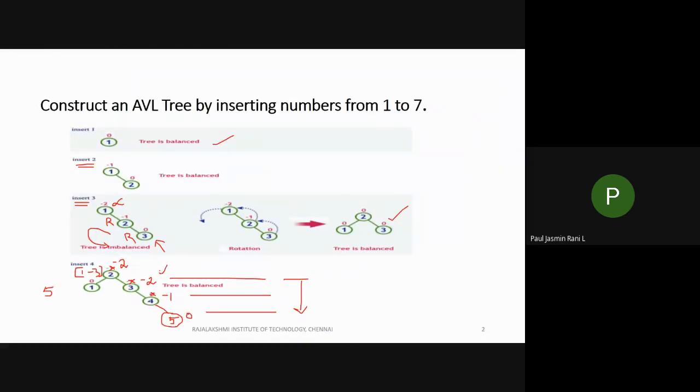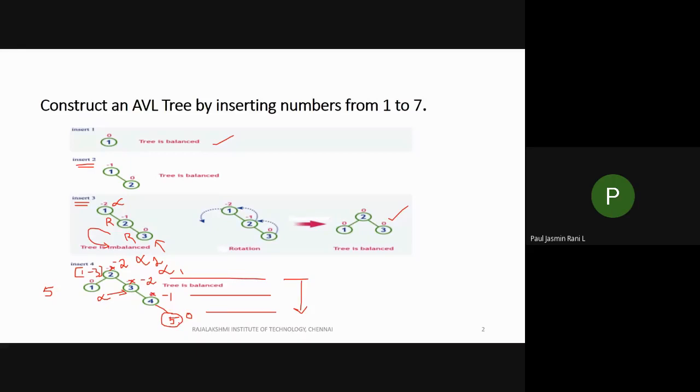So here you have 2 alpha nodes, isn't it? This is one alpha node. Let us consider this is alpha 1 and this is alpha 2. Why am I considering this as an alpha node? Because it doesn't satisfy the property of your AVL tree. If you have 2 alpha nodes, I am going to consider only this one, not your parent node. I am going to give preference only to the child node. If I correct your child node, it will automatically be balanced with your parent node. Let's see what happens here. I'm going to consider only this node 3 and mark it as an alpha node. If this is an alpha node, then I have to see why this particular node happens to be an alpha node.